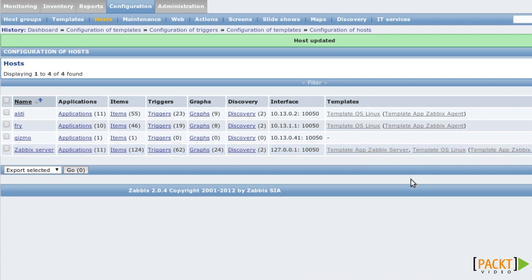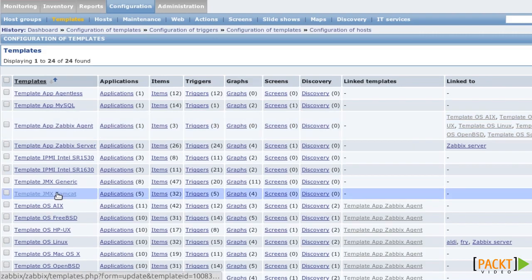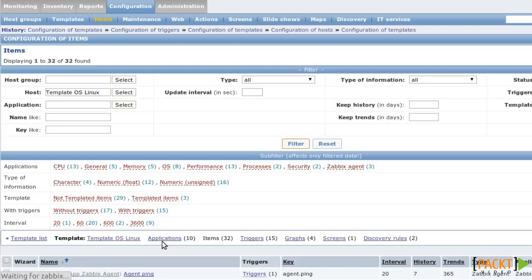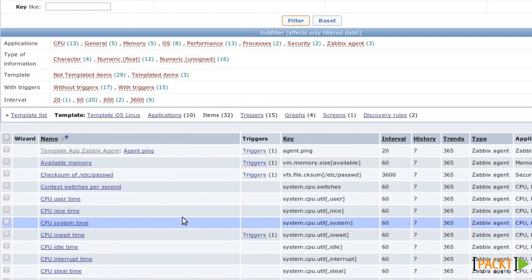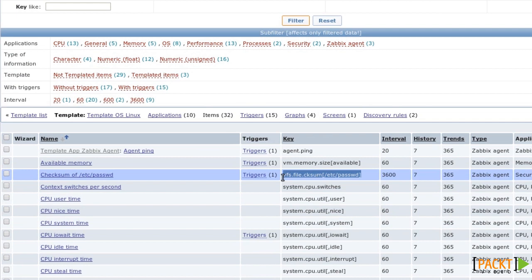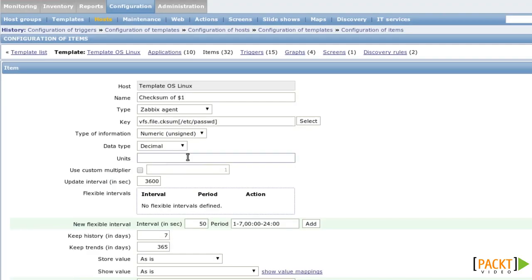But you're not limited to using macros for triggers. They are also good for use in parameters of items. As you see, there is an item computing the checksum of the etc passwd file. If you wanted to customize the name of the file, you could use another host macro and use that as a parameter. For example,